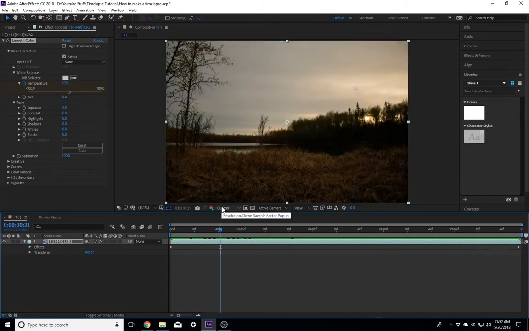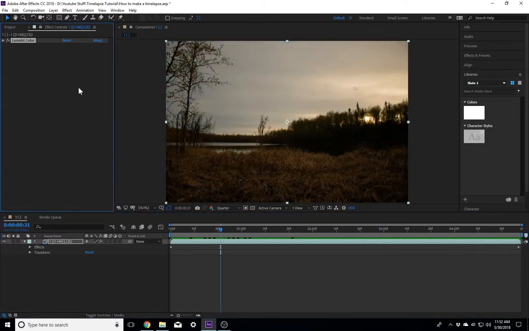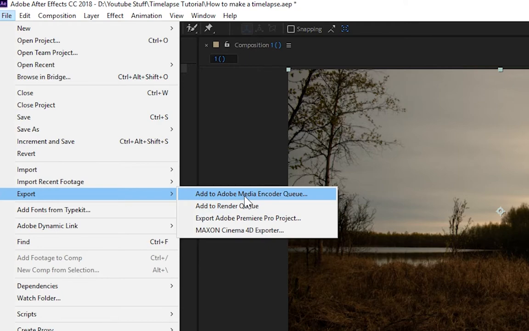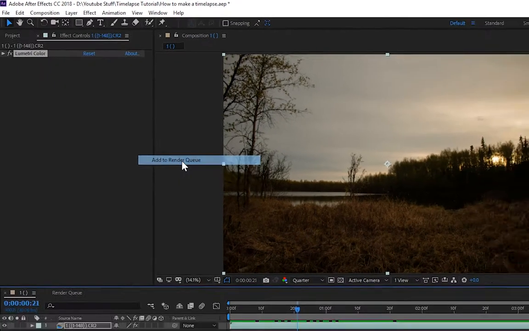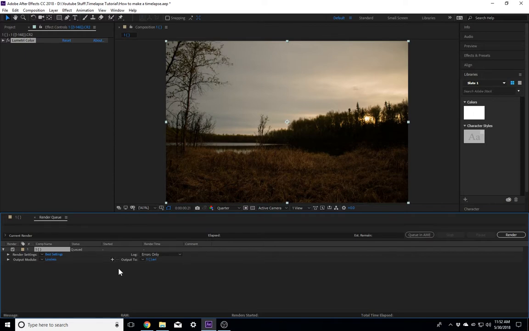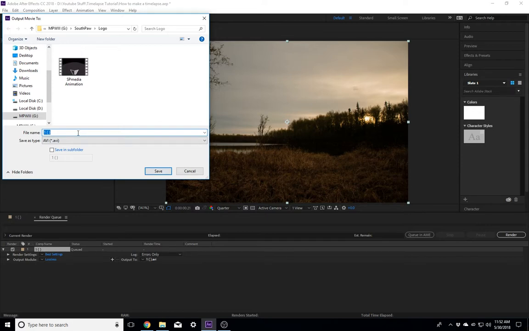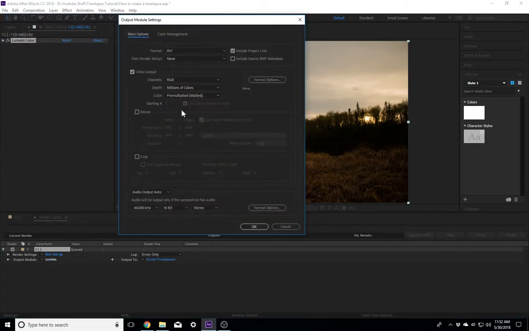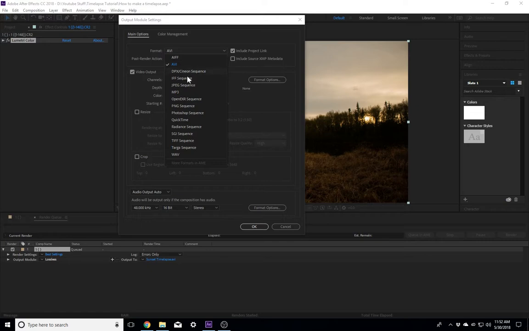But once you have it the way you want it to look, and you're happy with the way yours specifically looks, then you can go ahead and go up to File, hit Export, and then either add to Adobe Media Encoder or add to the render queue. And we're just going to add it to the render queue because I don't already have Media Encoder open. And then we just change the output, call it sunset time lapse, and then change the location, put it in the time lapses folder that I have, and then change the format from AVI to QuickTime,